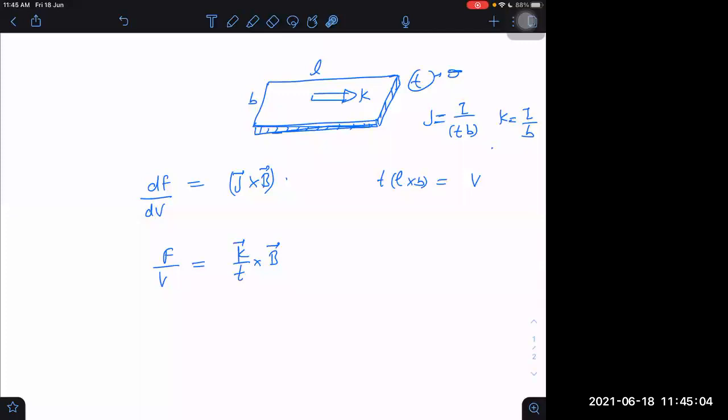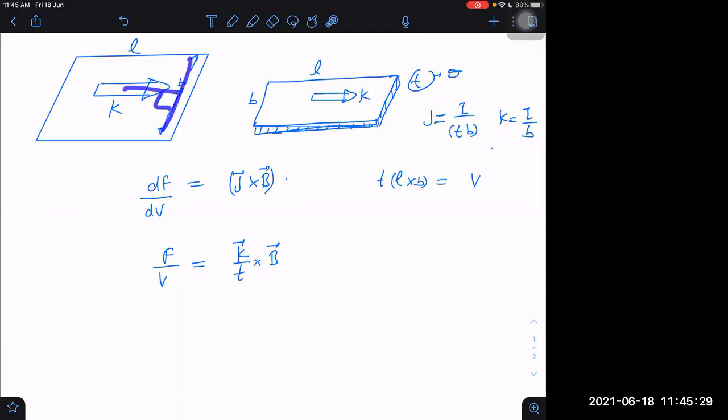In reality, the discussion goes like this for these thin sheets. There is no thickness given, nothing is given. Just K is the current flowing per unit length. Now you tell me what will be the current flowing per unit length if I say it is K. It will be stupid to say that it is current flowing per unit thickness, which is not even given to us. Obviously, when they say current per unit length, it is the perpendicular length. That is B only. B is also perpendicular to this or not? 90 degrees. Yes. Okay.